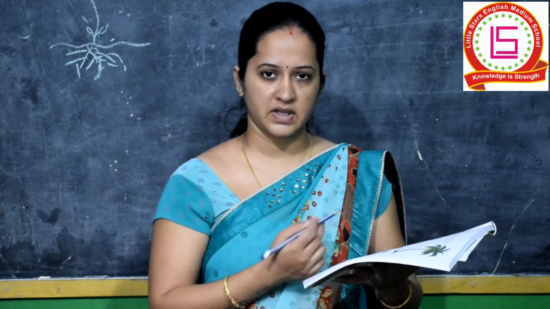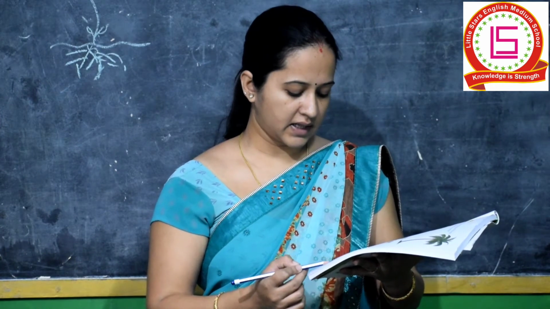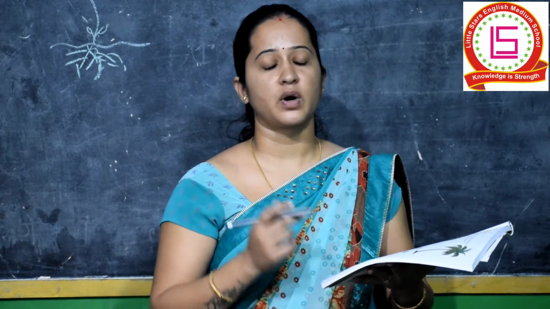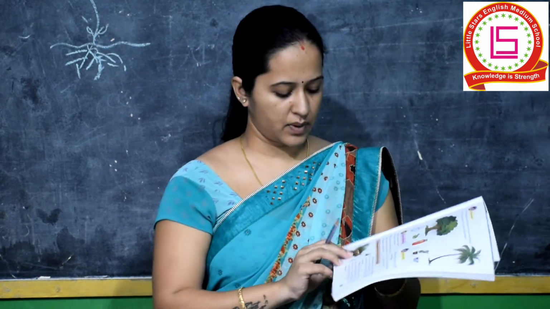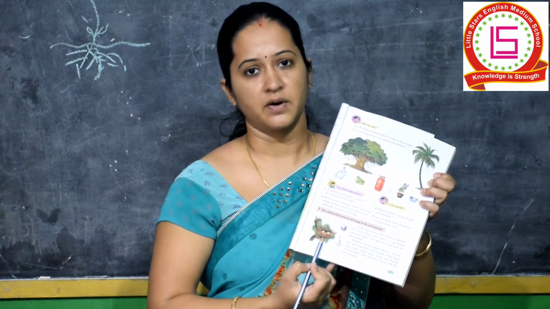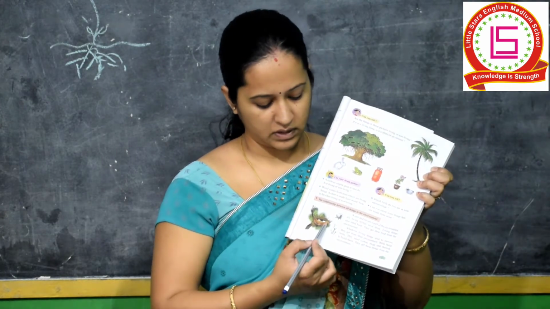Birds build nests, as we have seen now. They need cotton, twigs and threads to build them. They get these things from the environment, correct? Whatever a bird needs to build the nest, it gets everything from the environment. You can see the picture over here. Many of us have also seen birds building nests. So this is the picture.